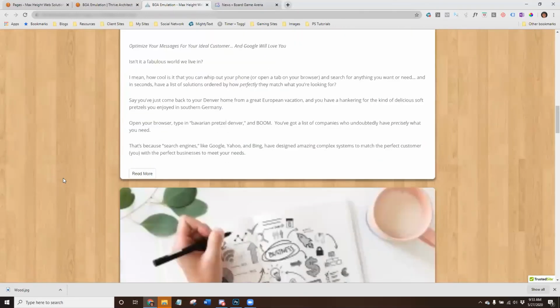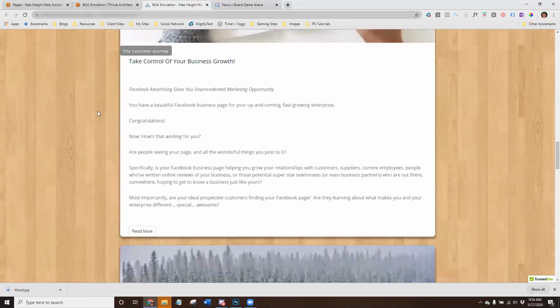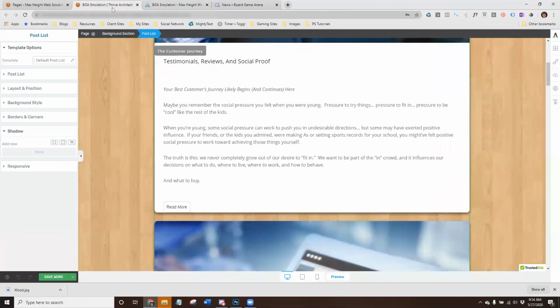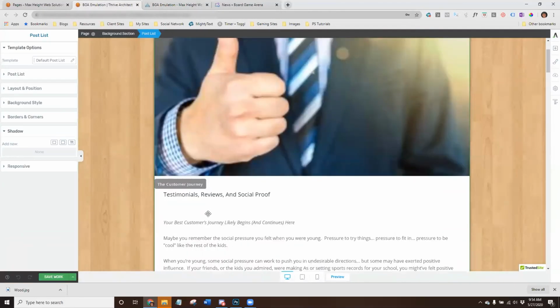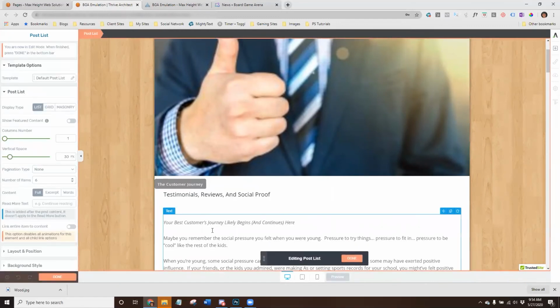Nice, nice, yep, nice. All right, so it's coming along nicely. I've got these images and I've got the text. There may be too much space in here that I want to take out in the design. So let's go back and see if we can do that. Let's see if we can get back into editing our design and adjust some of